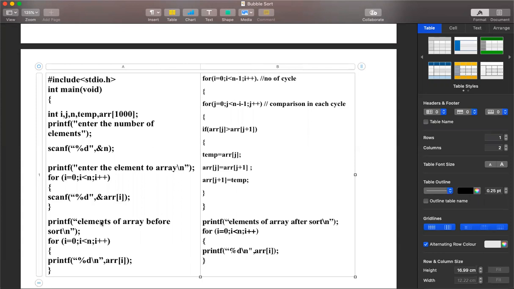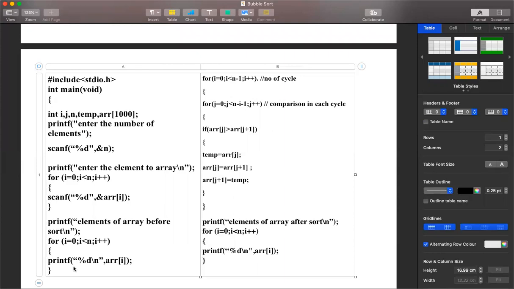And once it is done, what you need to do is show them the numbers before sorting. So how do you print the numbers? Where are your numbers now? Numbers are there in arr. So all the numbers are in arr. So in which order are they? They are in unsorted order. So if you blindly print them, they are going to show you an array which does not have sorted numbers in it. So that's what's happening. Printing the elements of the array before sort is a for loop and a printf statement. Because we haven't sorted it yet, now we are going to sort them. So we have read them inside the array, and we have printed them.